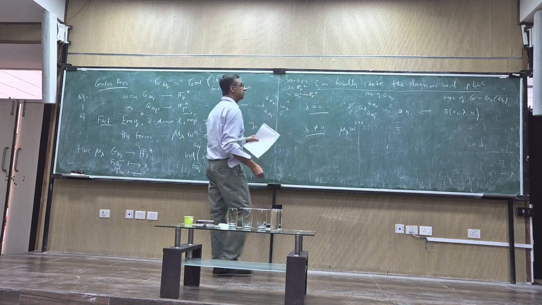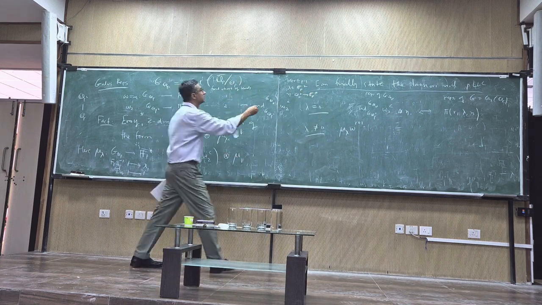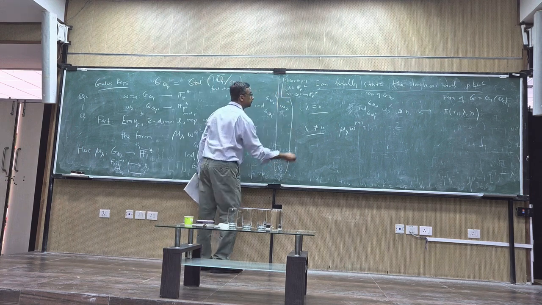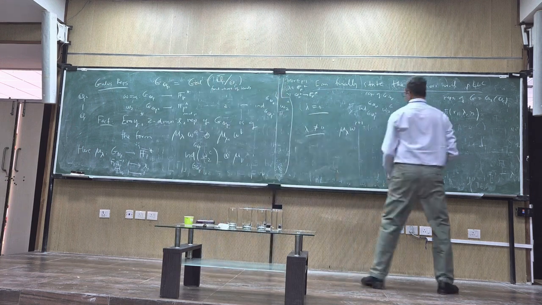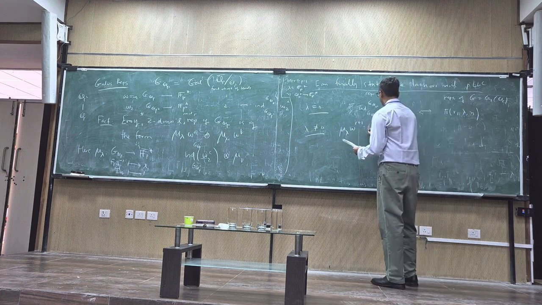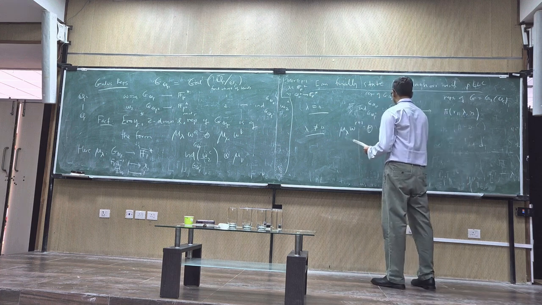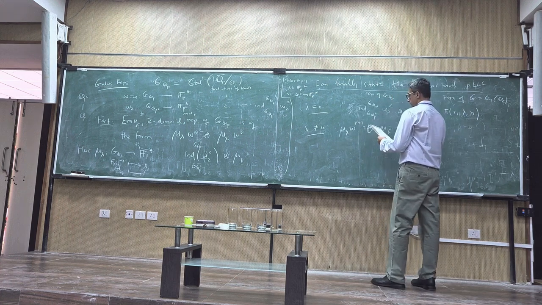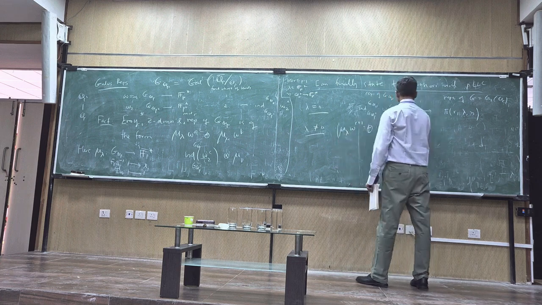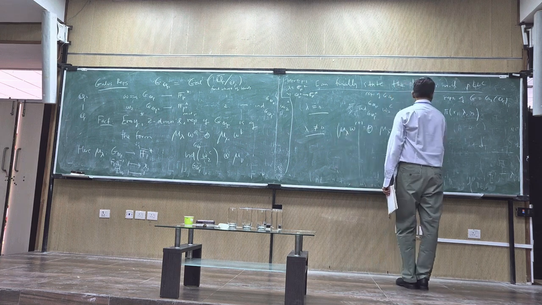I was getting confused because I was writing new notation. This kind of direct sum, reducible representation, mu lambda inverse tensor eta, corresponds to